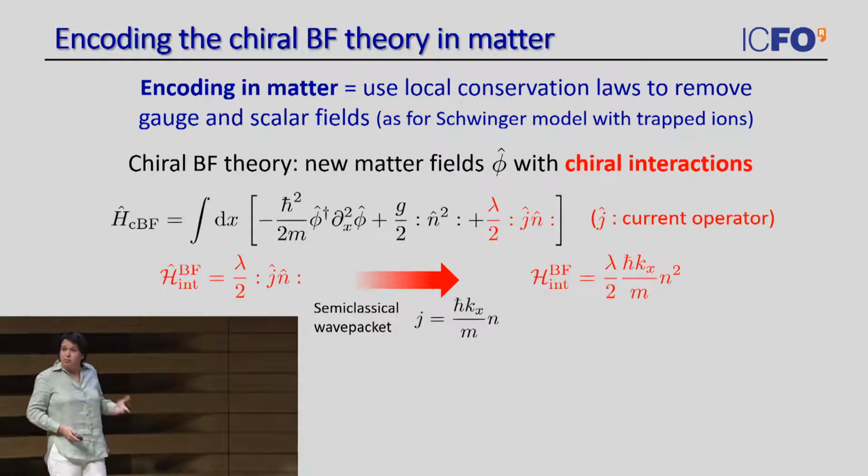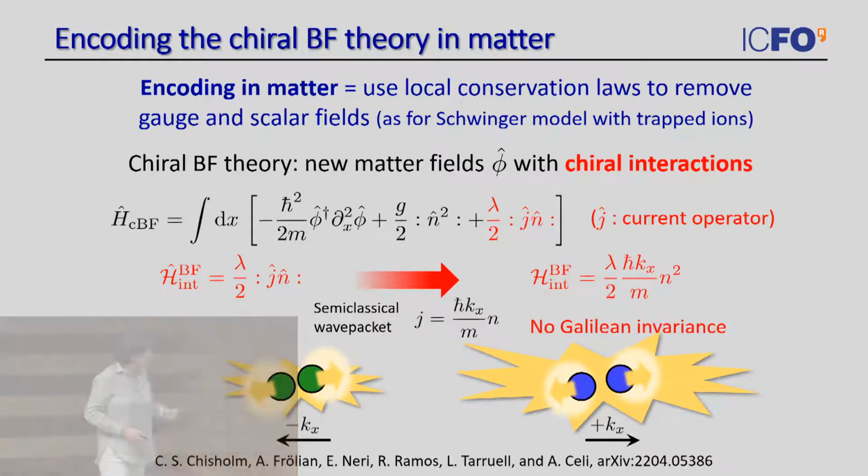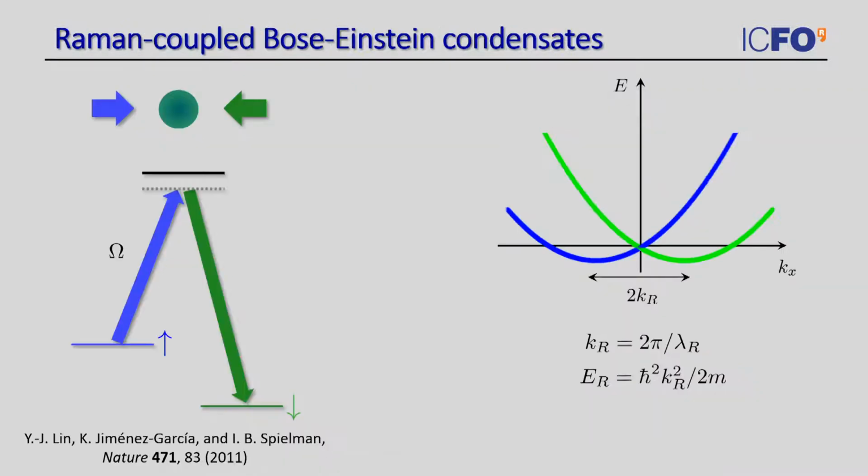And this is actually a pretty weird interaction term, so you will have a system that has different interactions depending on the momentum of the system, and that can be different when the atoms move in one direction or in the opposite direction, and you see immediately that this is an interaction term that explicitly breaks Galilean invariance. It explicitly depends on the velocity of the particles. So how can we make this interaction term?